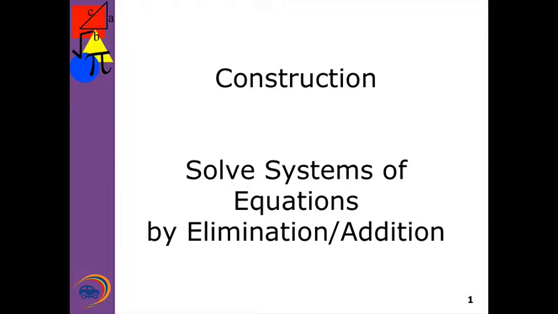Welcome to Construction Math. Today's lesson is on solving systems of equations by the elimination or the addition method. In math, the substitution method is called the substitution method all the time. The graphing method is also called the graphing method all the time. But depending on your textbook, I've seen many different names for the elimination or addition method. So we're just going to take those two names, but by the time you see this, you'll understand what it